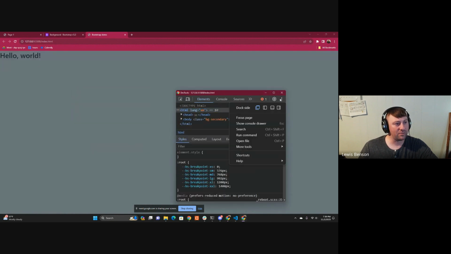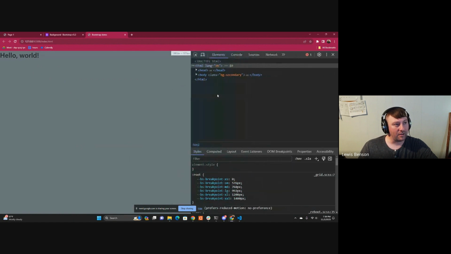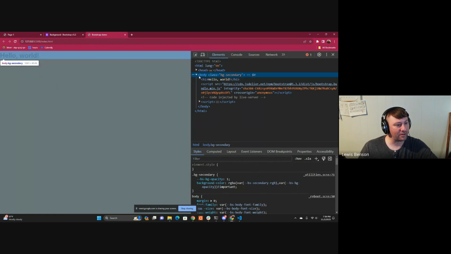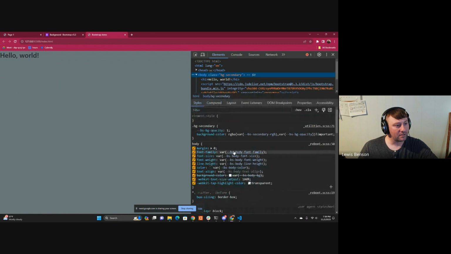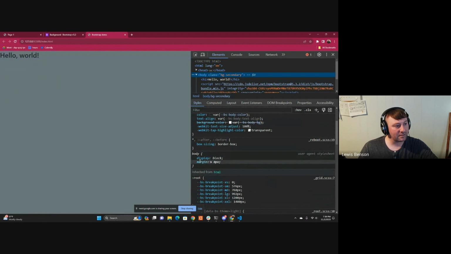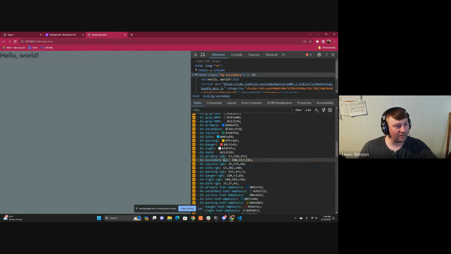If you go into your DevTools, I'm going to remount this to my side. And there's actually a way in here to see the colors and the contrast. So we can see that this has a black background. I'm going to click on the body. And I'm going to look for these colors that are applied right now. So this is it here. It has this RGB 108, 117, 125. So I'm going to grab this